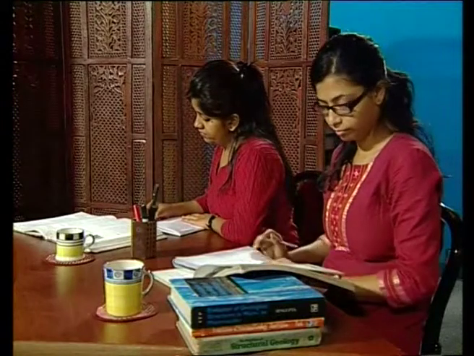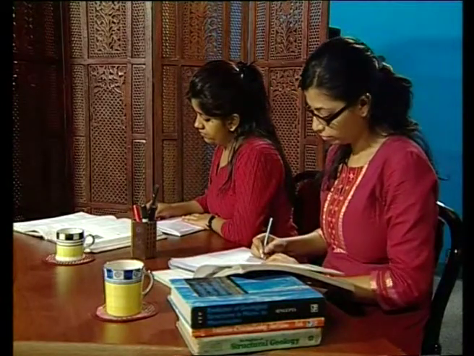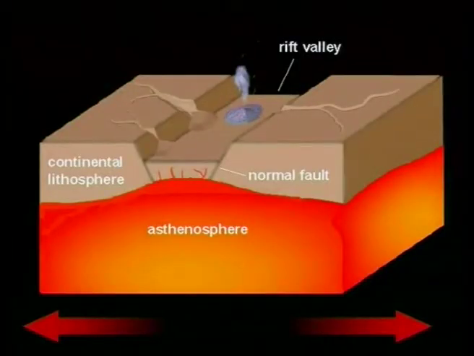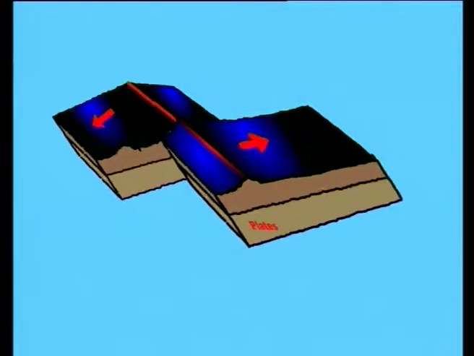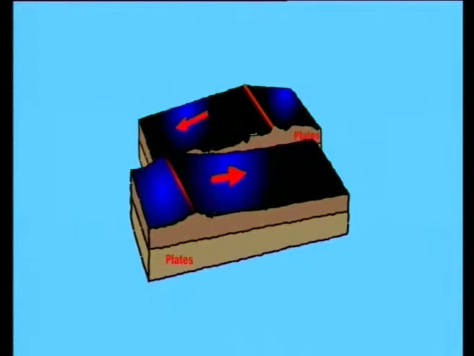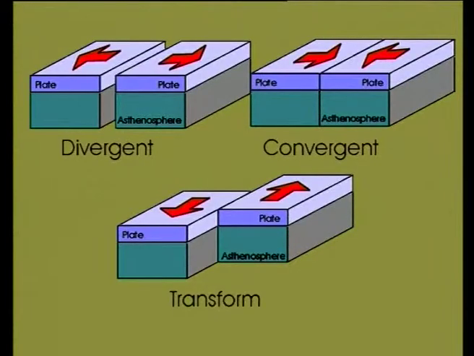Thus, three types of plate boundaries are identified: the divergent or constructive plate boundaries, where new lithosphere is created and moves away from one another; convergent plate boundary, where the two plates come together and also are destroyed; and the transform boundary or conservative plate boundary, where lithosphere is neither created nor destroyed, they simply move in a horizontal direction